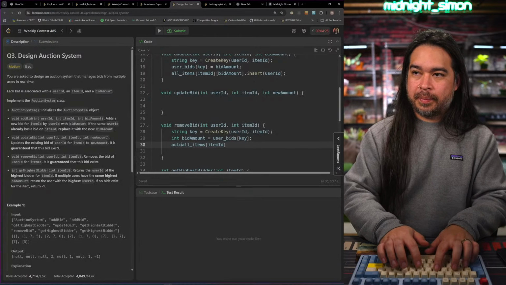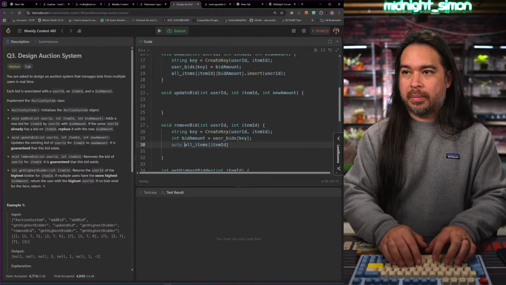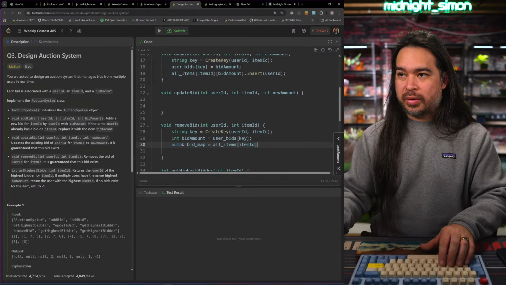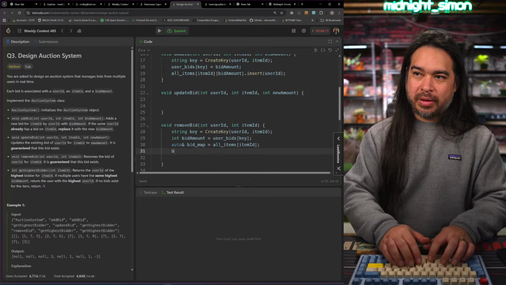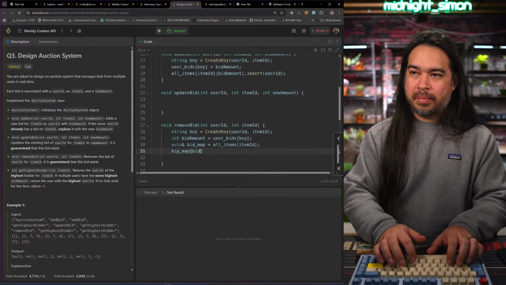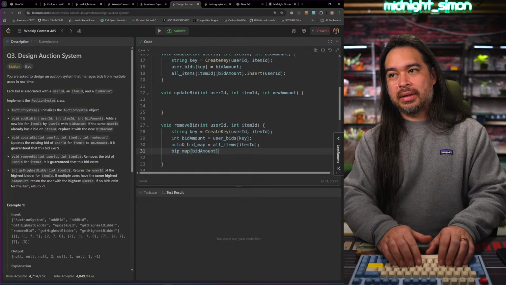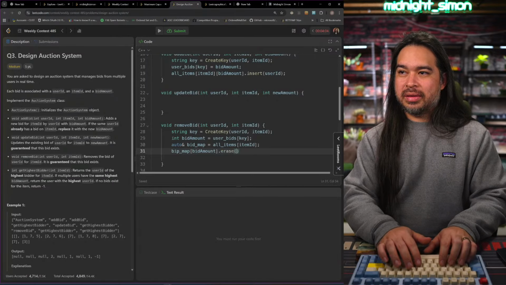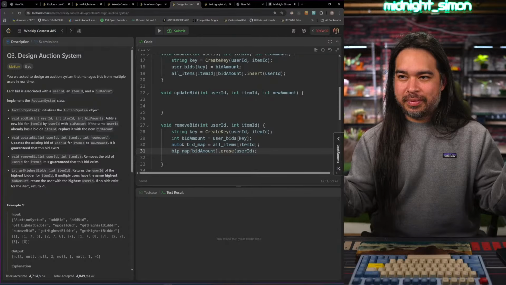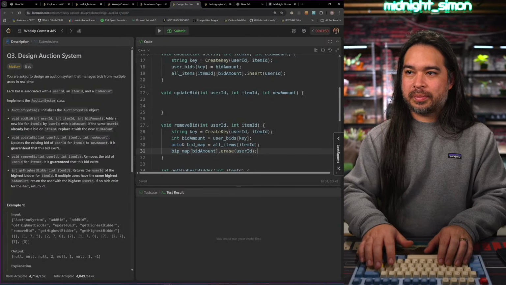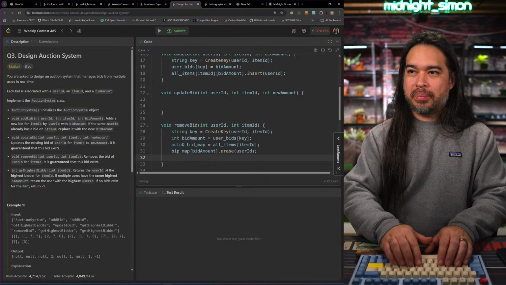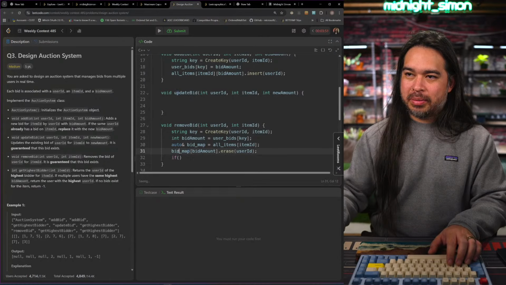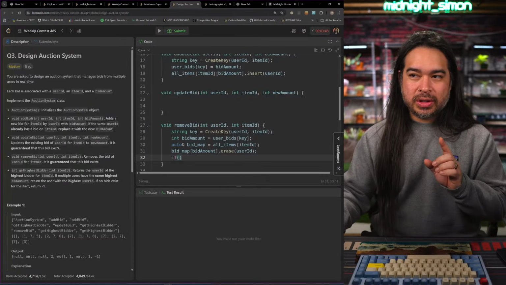Well, let's reference that, and then we're gonna remove that bid. So bid map, bid amounts, erase, user ID. That's it. That's all. Oh, but maybe we can also check bid map. Maybe we can also check